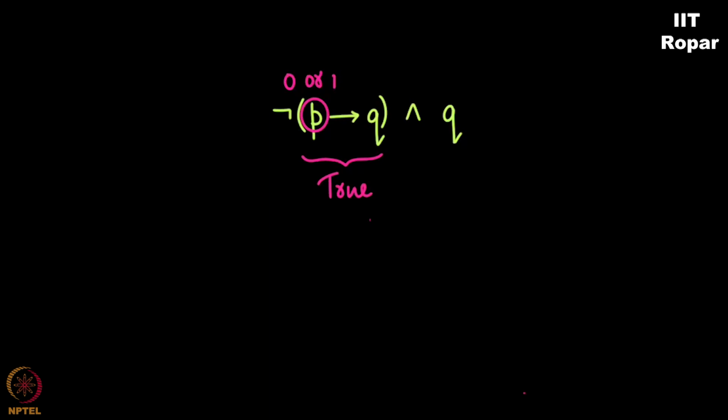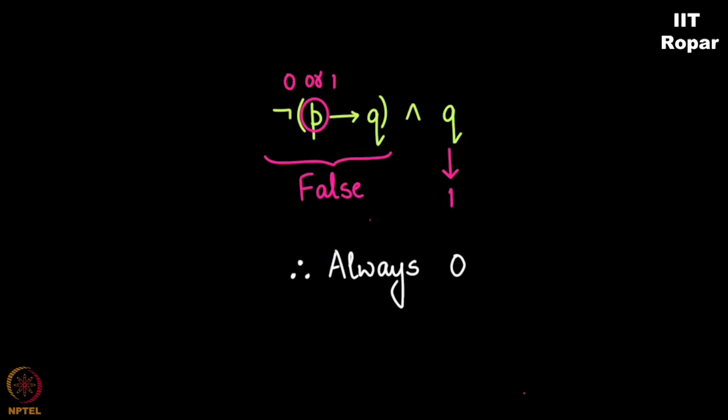And when this implication becomes true, not of that becomes false. So false and Q. Whenever Q becomes 1, this expression on the left side of the AND forces itself to become 0. Think about it. And hence this is always 0. You can never make this become equal to 1. It will always be equal to 0. You may want to understand this carefully by maybe watching the video once more and trying to figure it out all by yourself.